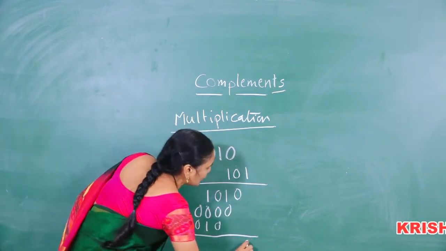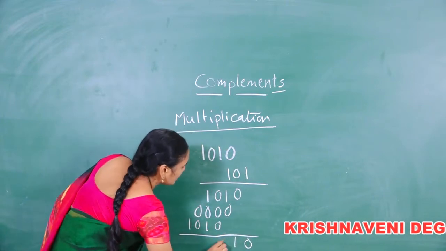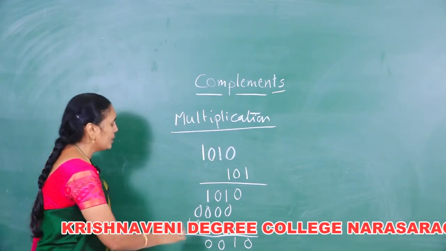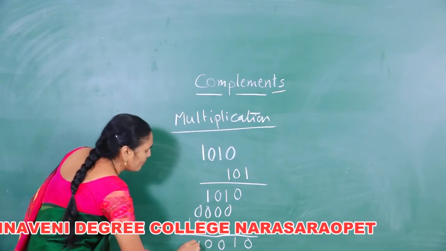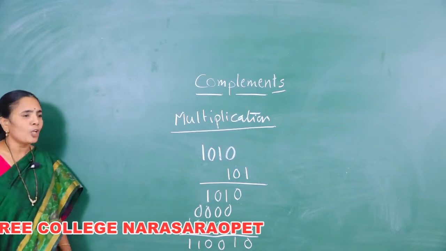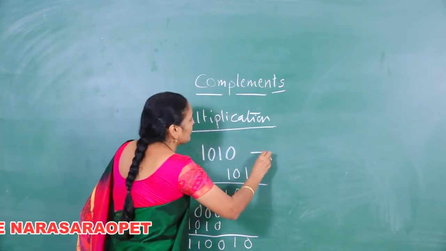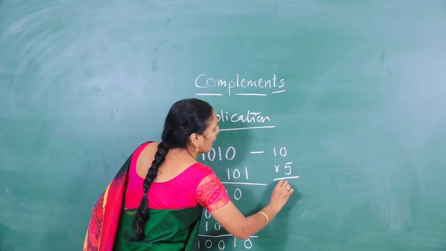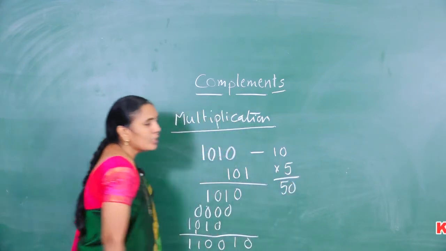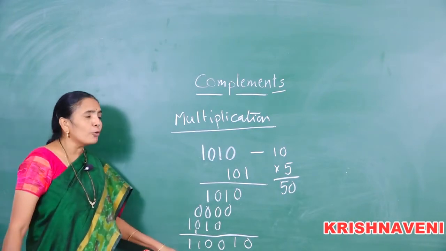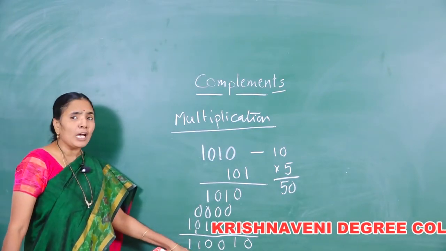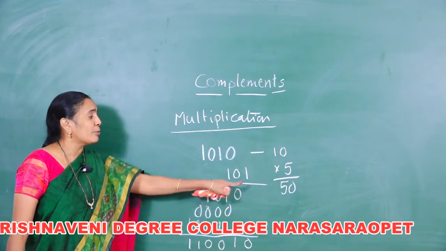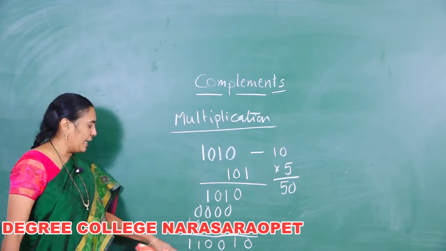intermediate results: 0, 1, 0, 1 plus 1 is a 0 with a carry of 1, 0 plus 1 is 1, 1. So, when I try to convert this into the decimal, this is 10 and this is 5. 10 into 5 whose value is 15. Yesterday we have seen how to convert a binary number to the decimal. If you find the value of this binary number, it is nothing but your decimal equivalent.